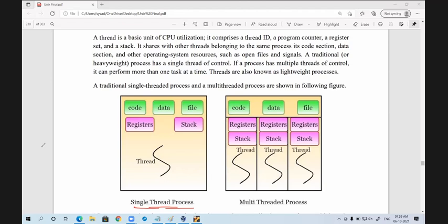Main is treated as the main thread. Till now, one process contains a single thread.